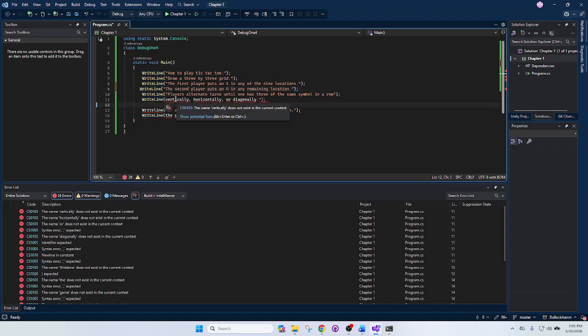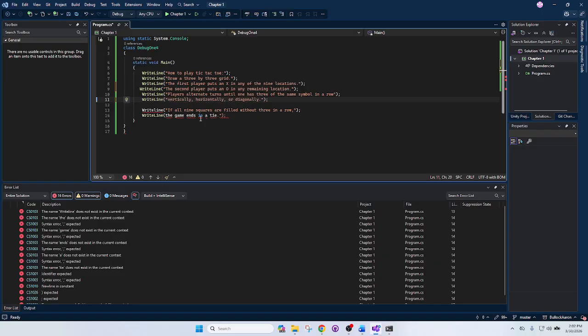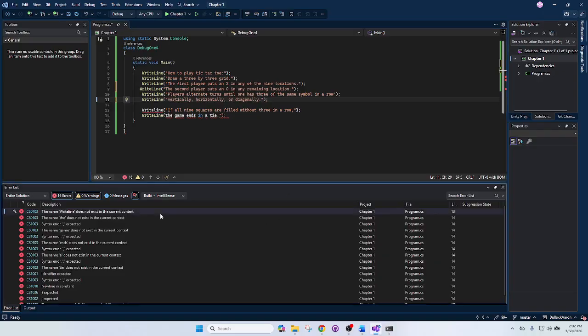So line 11, okay, they are doing a string data, but they do not have the opening double quotes. So that should fix that. And it does. The name WriteLine, again, they messed up on the name WriteLine, does not exist on